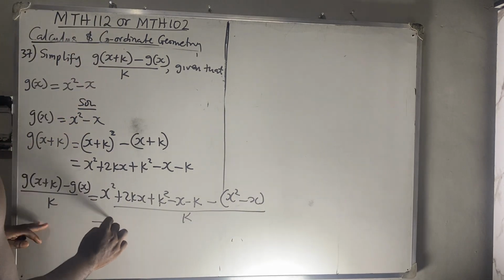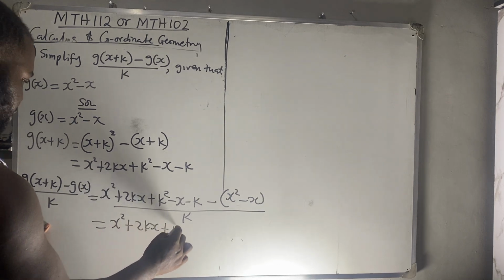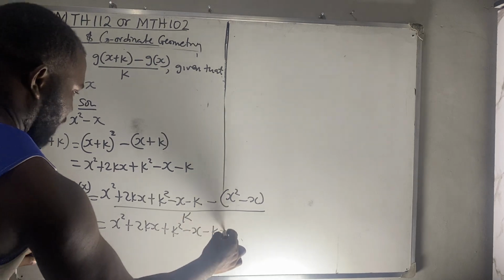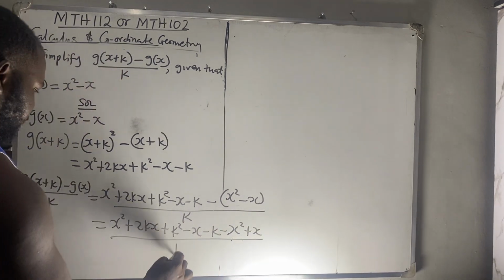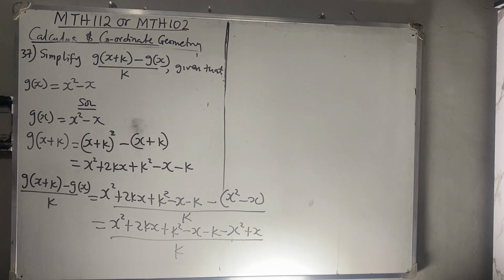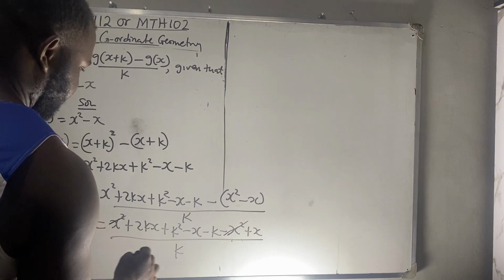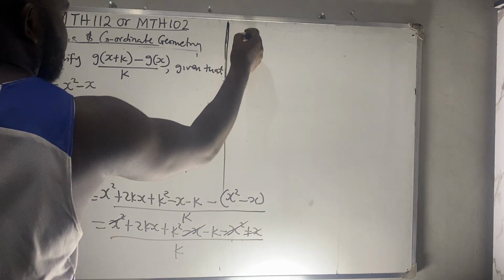So my answer becomes x squared plus 2kx plus k squared minus x minus k. This will now be minus x squared plus x, everything over k. If you look at this, you will see that x squared will take care of x squared and minus x will take care of plus x. So I'm left with